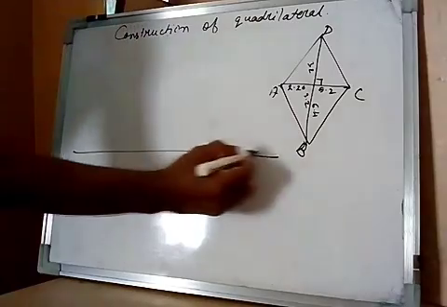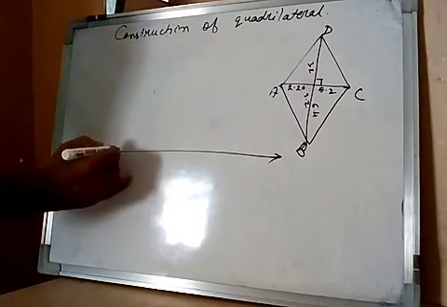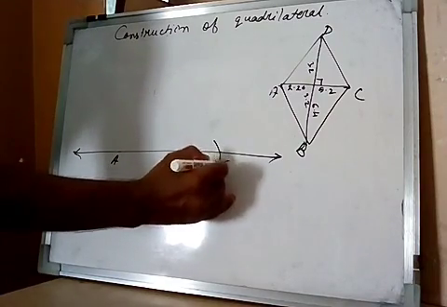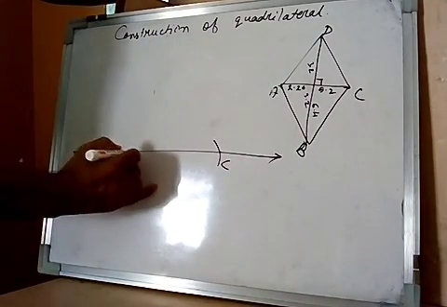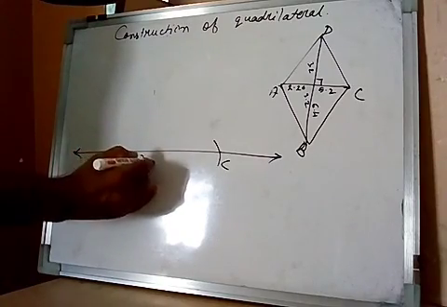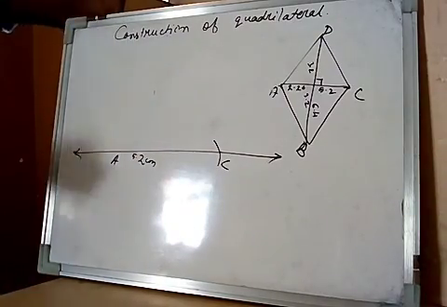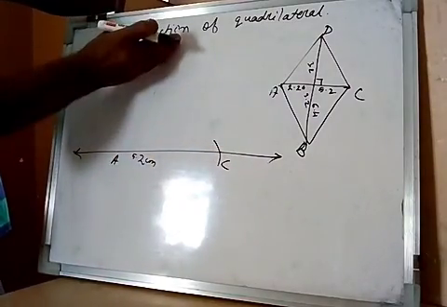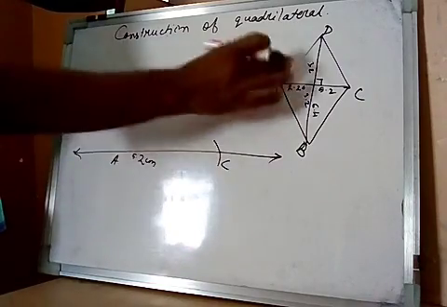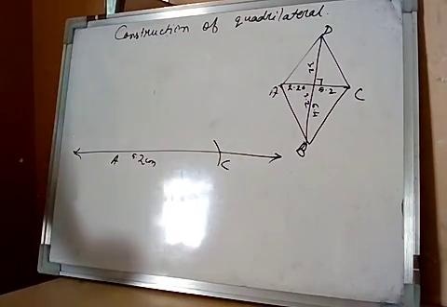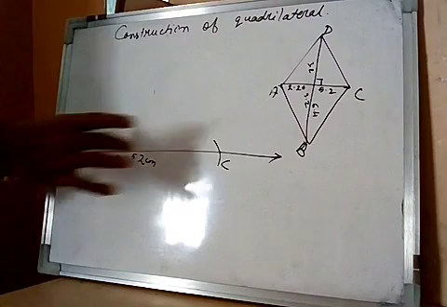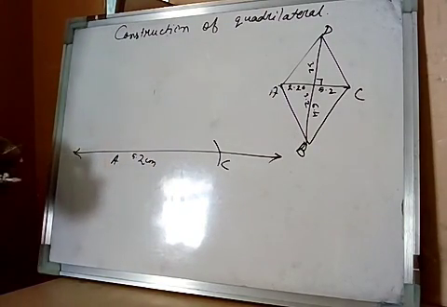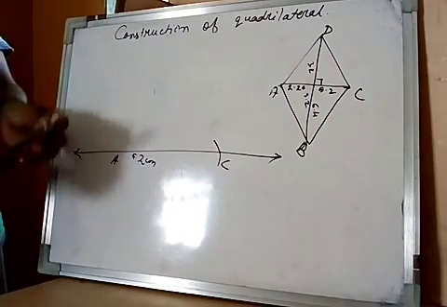Now this one is imaginary line, take here A and here C, that is what? 5.2, this is 5.2 centimeter. Now here you have to do what? Perpendicular bisector on AC. Upside we will get D, downside we will get B. How to do perpendicular bisector? Here you have to bisect this one to get the midpoint. So with the help of scale we need not do this bisector, with the help of compass only you have to do.